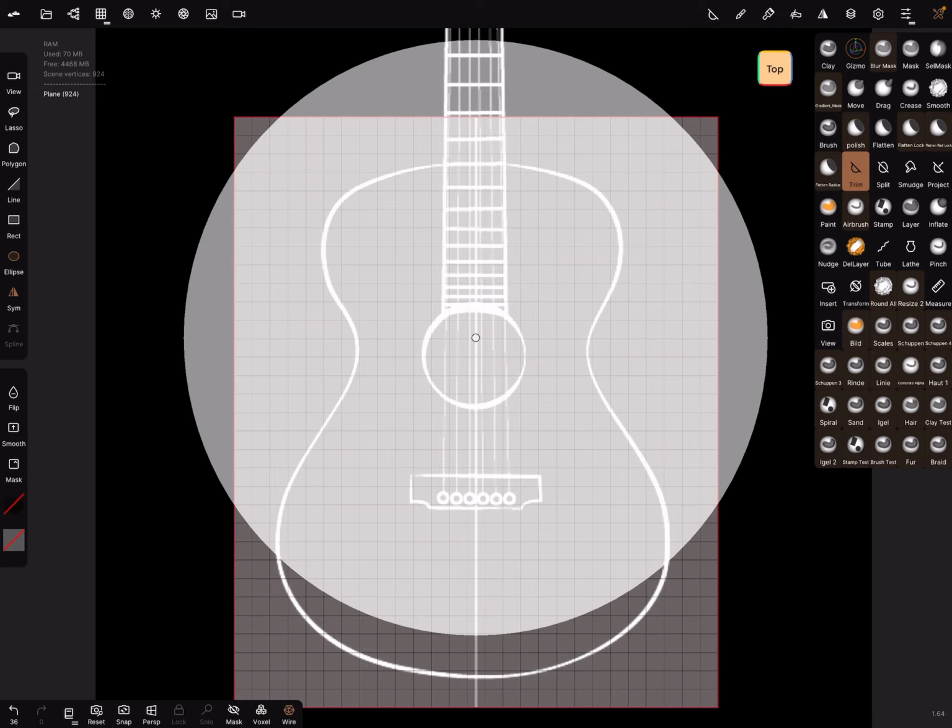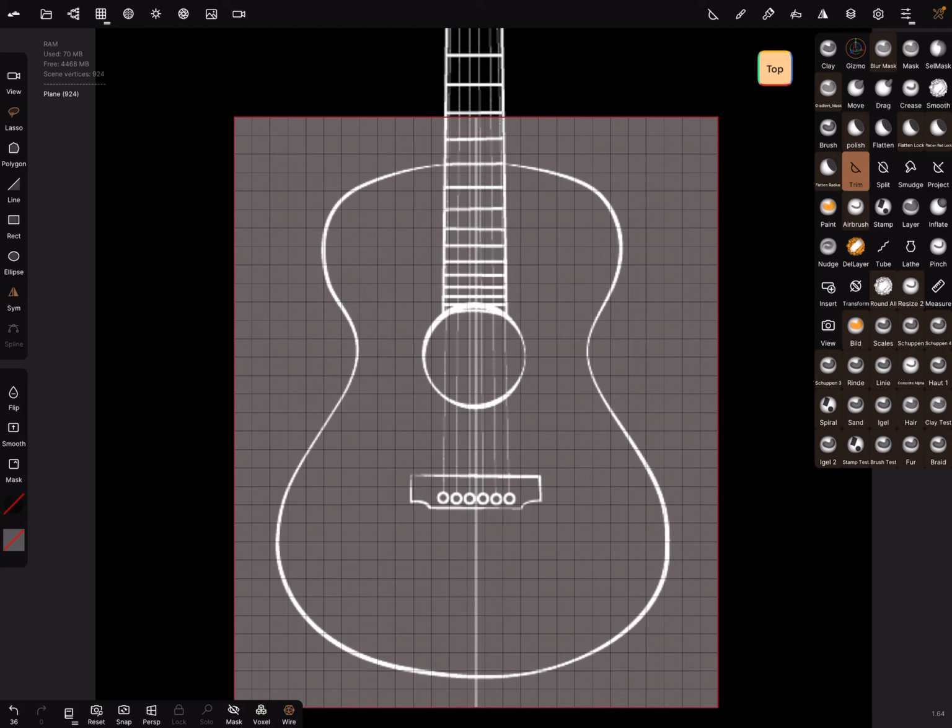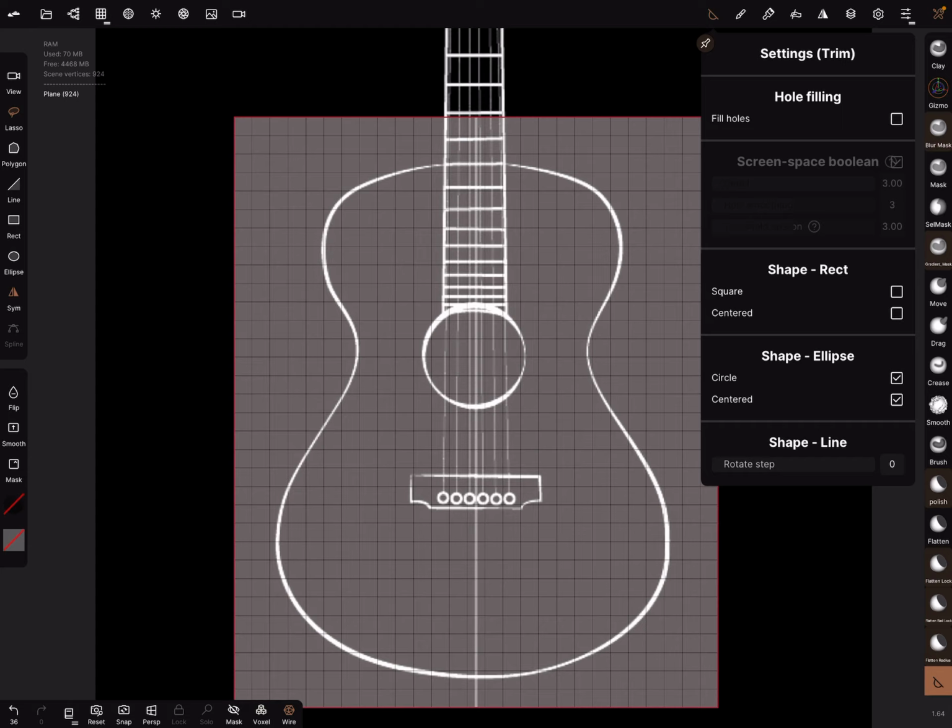Use the trim tool, and we use the lasso. You can also use the polygon function to set the polygons, and make sure that hole filling is off.